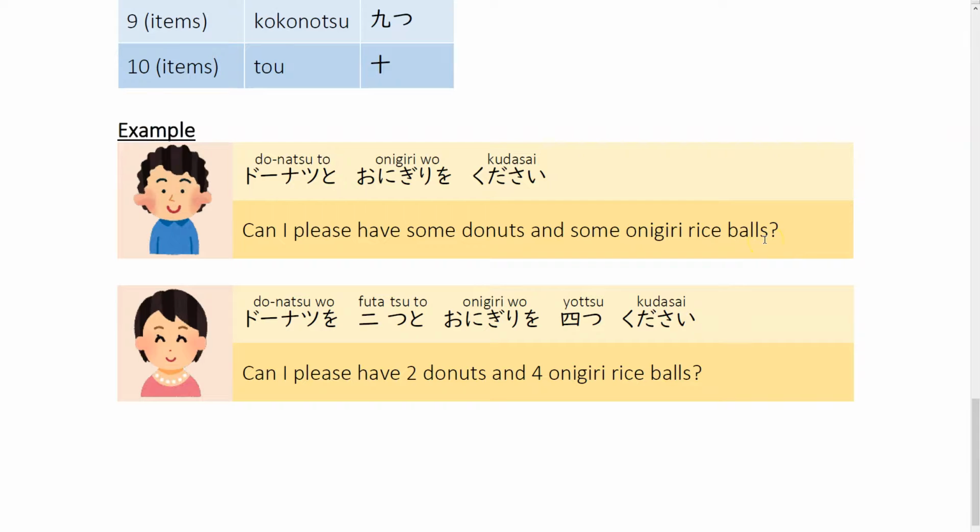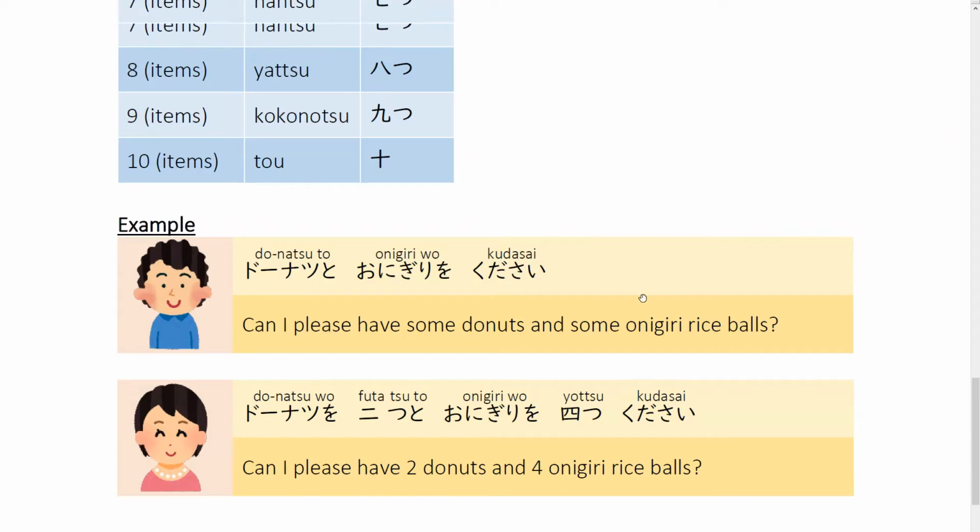However, if you are wanting more of each of the items that you're ordering. For example, can I please have 2 donuts and 4 onigiri rice balls? Donatsu o 2つと onigiri o 4つ kudasai. And also, ultimately, if you